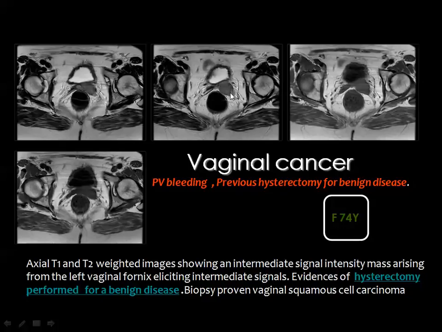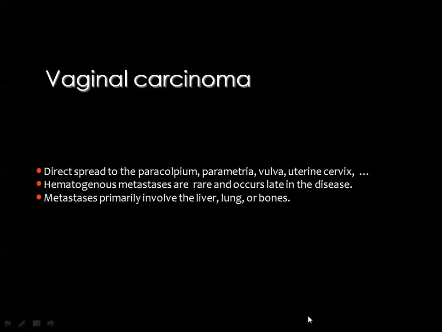And this is a case of vaginal carcinoma developed after previous hysterectomy for a benign disease. In the T2 weighted image, you see an intermediate signal lesion, and also in the T1, if you inject contrast, the lesion will show some enhancement. And vaginal carcinoma usually spreads directly to the adjacent pelvic structures or proximally to the uterine cervix, distally to the vulva, and they also may spread by hematogenous route, giving metastases somewhere in the body, and this is rare, and they may affect the liver, the lung,